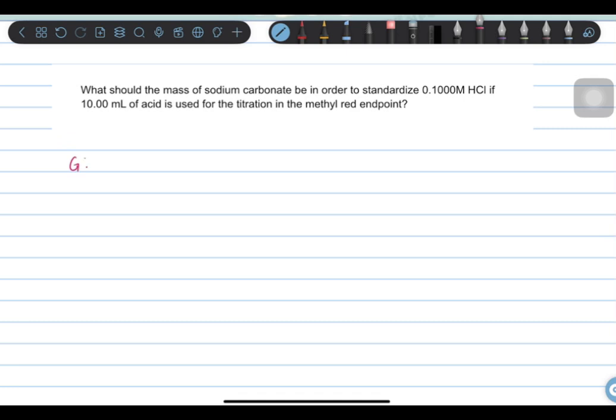So we are given that there is 0.1 molar HCl, so we should write that, 10 ml of acid, and sodium carbonate. So sodium carbonate is Na2CO3. That is going to be important later as we answer the problem. So we have 0.1 molar HCl, 10 ml of acid, which could then be converted into liters, which is 0.01